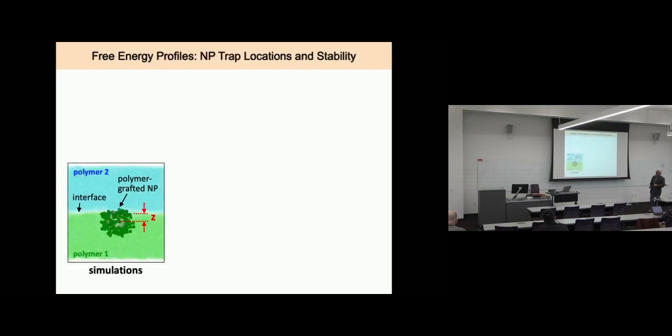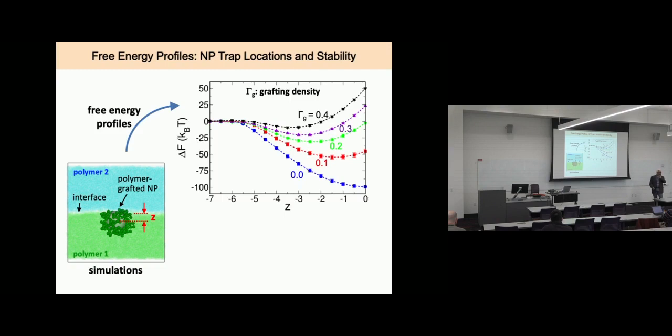Okay. And the first question we asked is, how will a single particle behave? Okay, can we even tune the vertical positioning of these particles? So the thing we did was we calculated the free energy profile of a single particle grafted with a polymer that likes one of the fluids over here. I call it polymer here. It was a polymer actually, but it doesn't need to be. It could be oil, water, could be just fluids. Okay, doesn't matter. Okay. And here I'm plotting those free energy profiles,